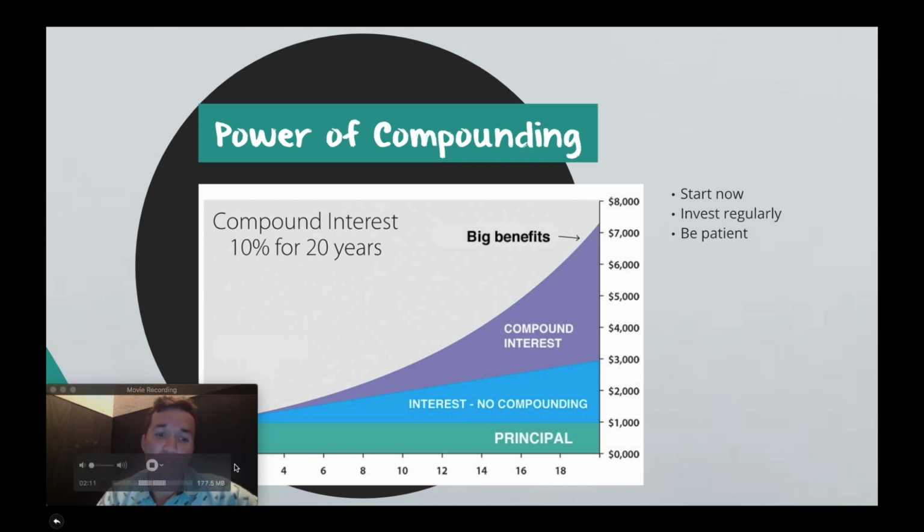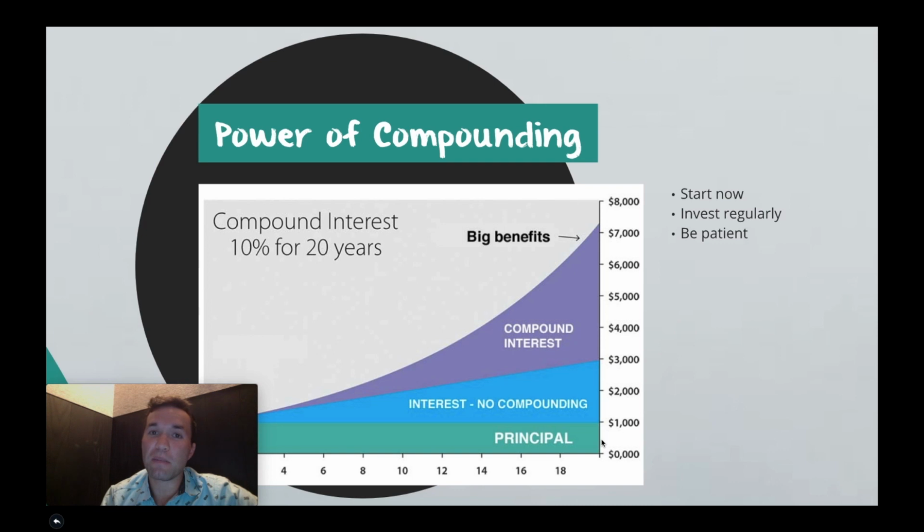Now, for this graph, take a look at it. So if we start, say I give you $1,000 and you have an interest rate of 10%, each year you're getting some money. And if you continue to let that money stay in your account and keep reinvesting over time, say 20 years, compounding takes a long time, but it's very powerful and you make a lot of money. So after 20 years, right here, this little example has you over $6,000 gain over that initial $1,000.